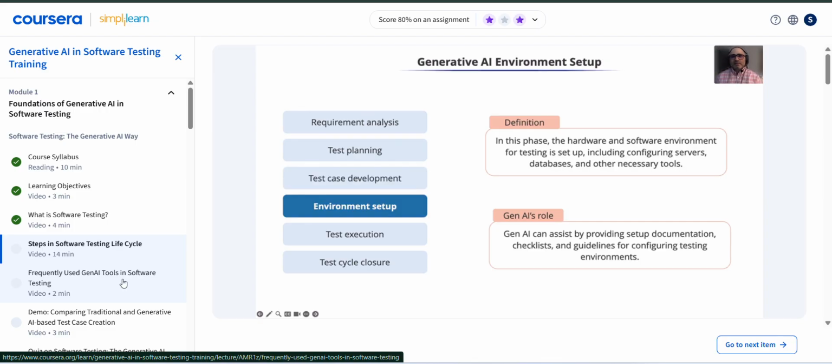Let's talk about the next step, environment setup. Imagine you have got your test cases ready. You have got your plan, but you need a place to actually run those tests, right? That's what environment setup is all about. In this phase, we are setting up the whole stage for our testing performance. This means getting all the hardware and software ready. We might need to configure servers, set up databases, install specific operating systems, and get all the necessary testing tools in place. Think of it like preparing a lab before conducting a